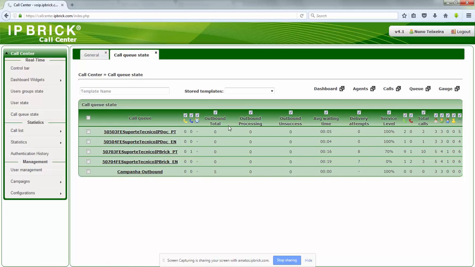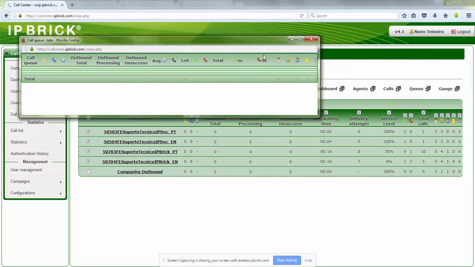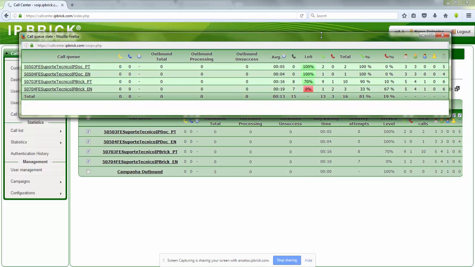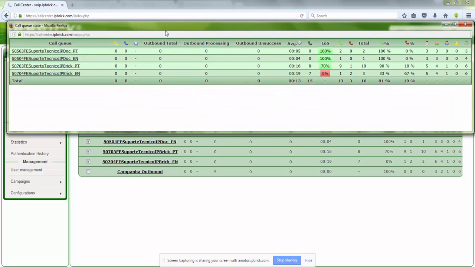This is for the agents. We have a similar approach to the queues. I have here the call queue state, where I can see all the queues that I'm currently supervising. I see the data in real time of how many calls are waiting, how many calls are happening right now, how many agents are available to answer. And again, if I select the queues and I press here the dashboard, it will show me on real time